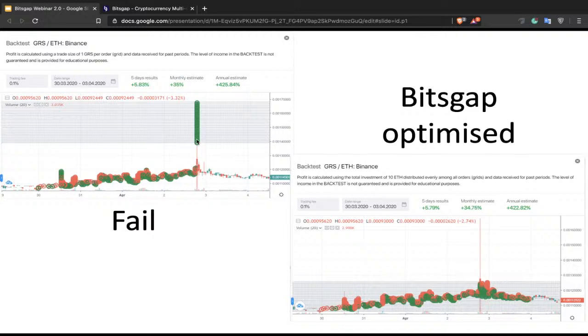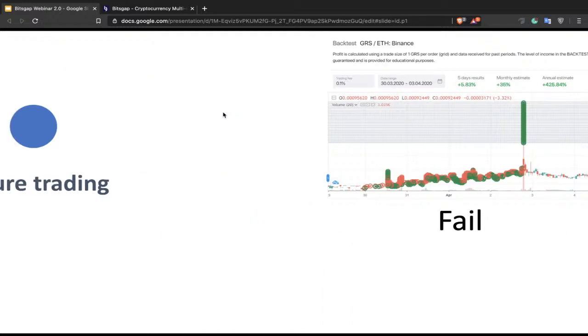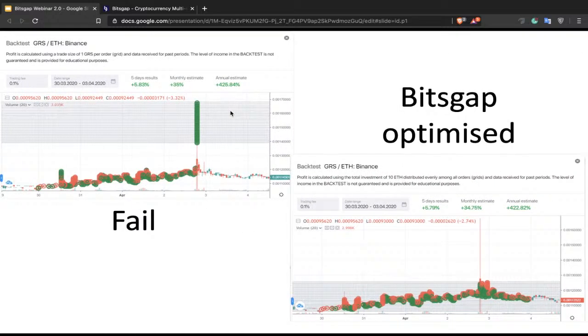you see the pump here, and in this case the bot, the one without the optimization, would have quite a lot of buy limit orders executed at the very highest price, and you can see here a consequent drop down, and in this case the crypto that you bought, in this case GRS, would significantly depreciate. But with the optimization that we have at Beatsgap,